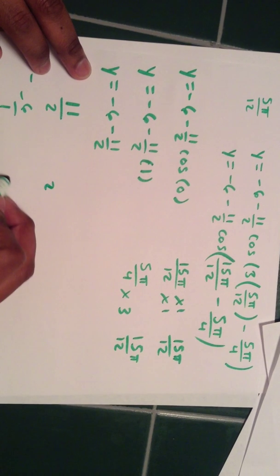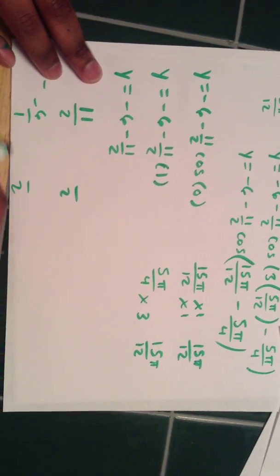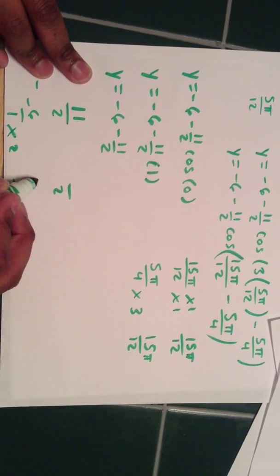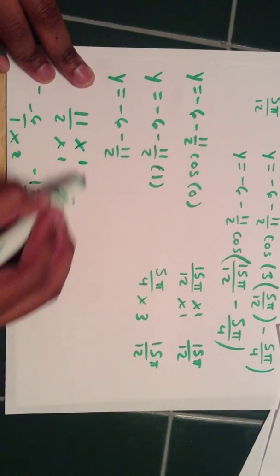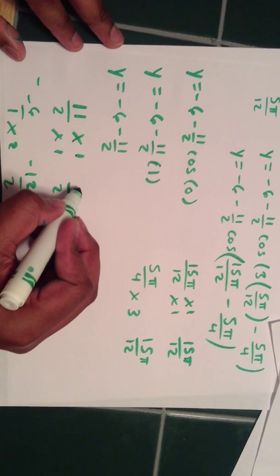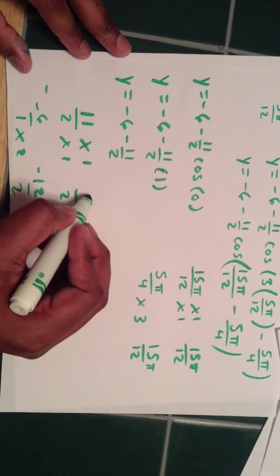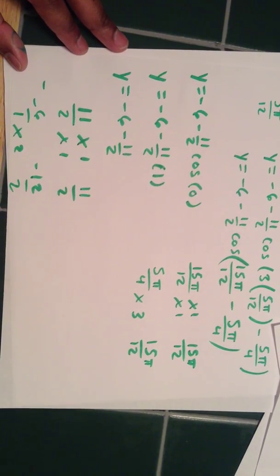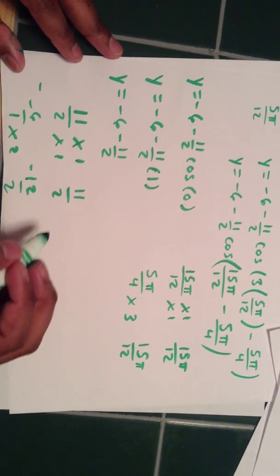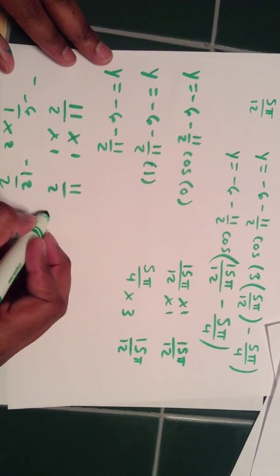Common denominator is 2. Negative 12 times 1, and you get 11. Okay, when subtracting, your answer will equal out to be